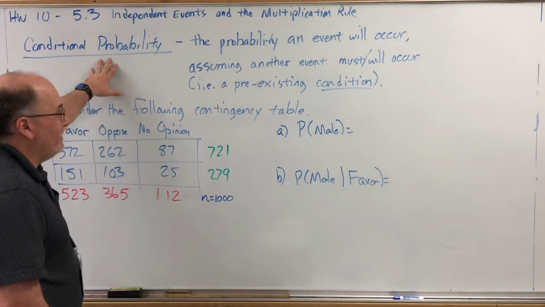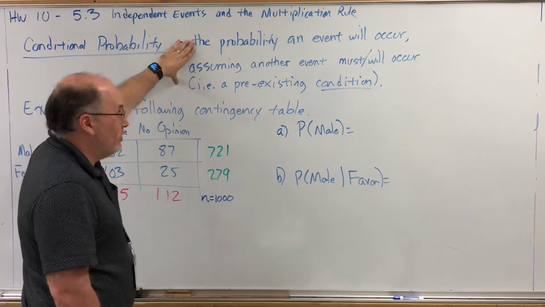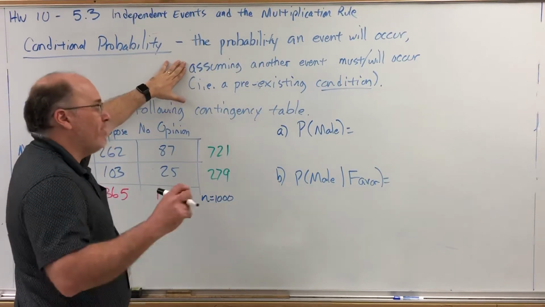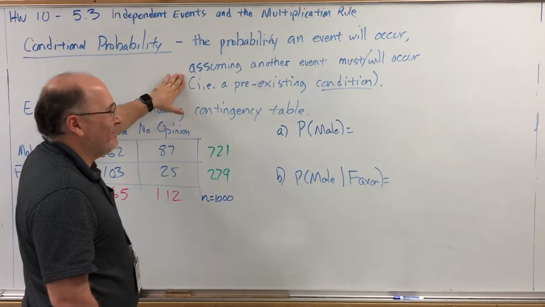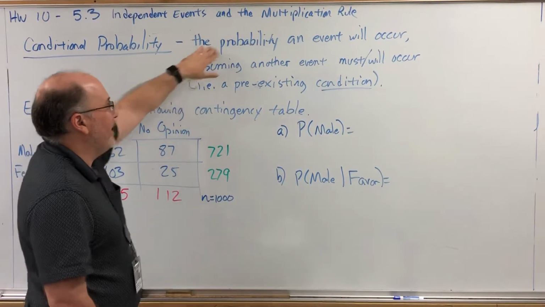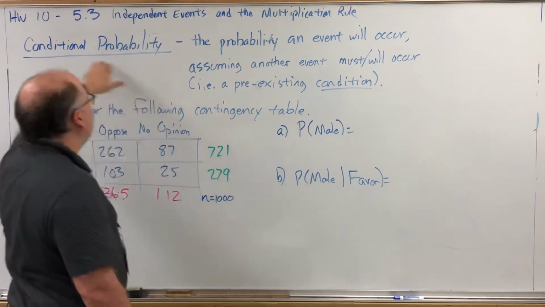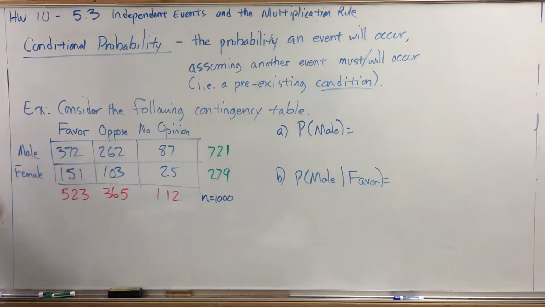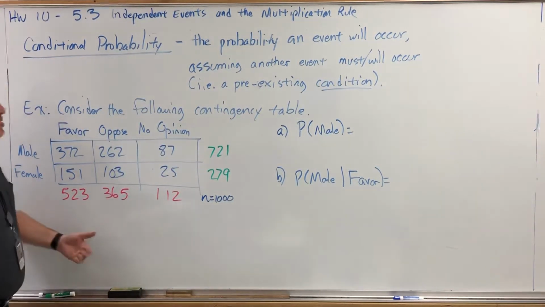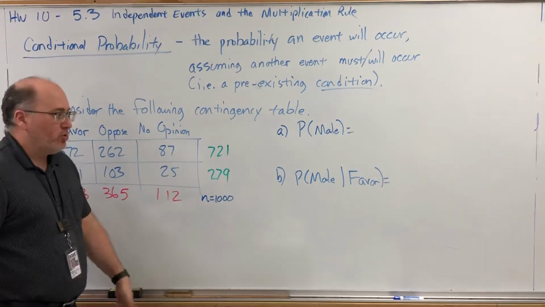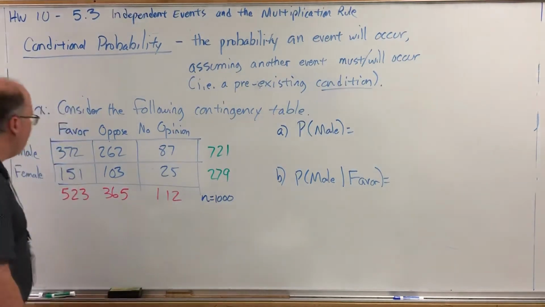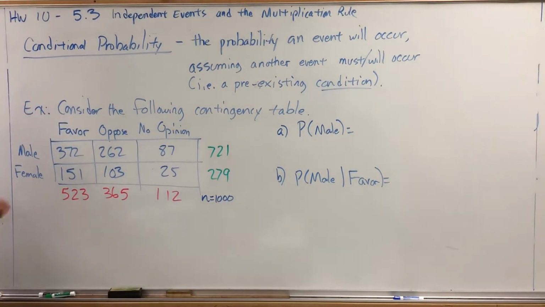Conditional probability is the probability that an event will occur, assuming another event must or will occur. In other words, some pre-existing condition prior to calculating the probability of an event, hence the name conditional probability. To illustrate the difference between a conditional probability and a non-conditional probability, which is also called a marginal probability, let's go back to this contingency table that we saw in the previous section about people voting for a proposition,